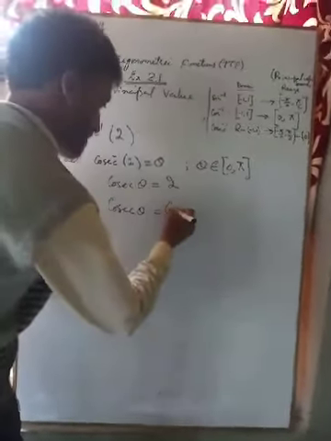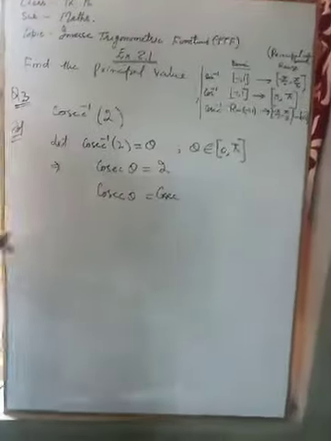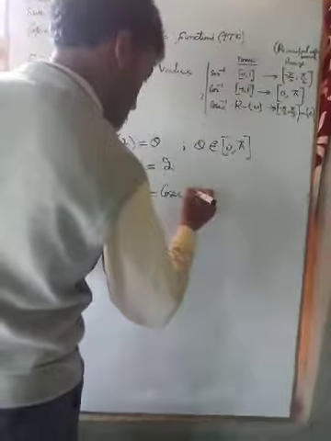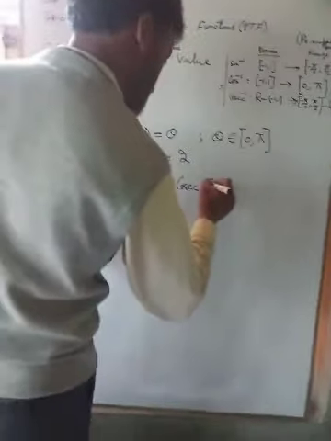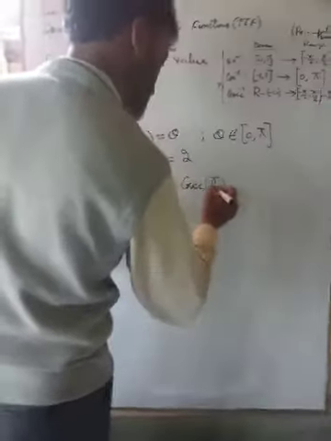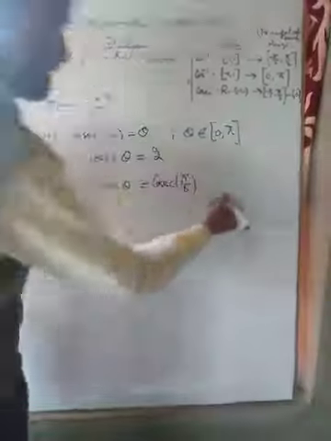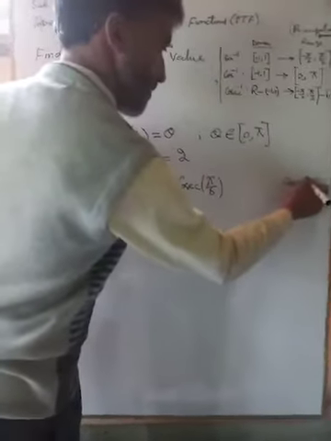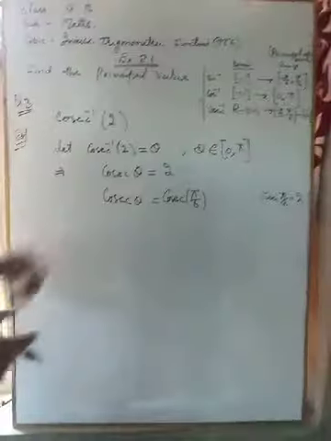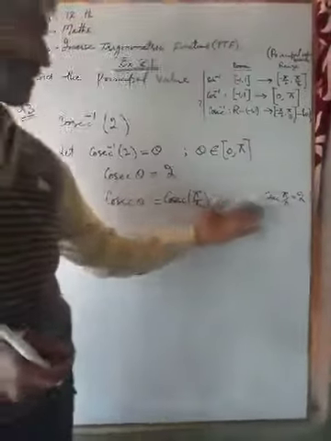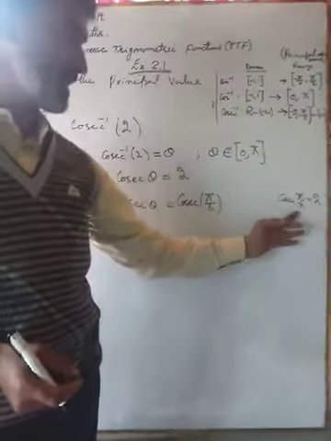ये cosec थीटा बाई 2, cosec पाई बाई, ये भी इसका वैल्यू आगे देखेंगे. ट्रिग्नोमेट्रिक वैल्यू टेबल में cosec पाई बाई 6 के बराबर होता है. cosec पाई बाई 6, yes, it is cosec पाई बाई 6 because cosec पाई बाई 6 is equal to 2. ट्रिग्नोमेट्रिक टेबल में जाकर आप देखें कि cosec पाई बाई 6 that is cosec 30 degree, that is equal to